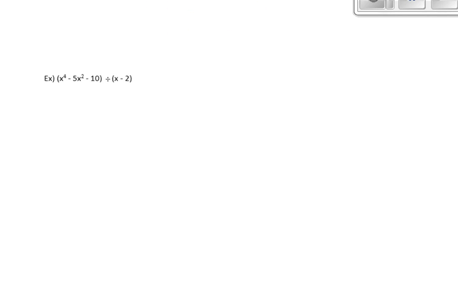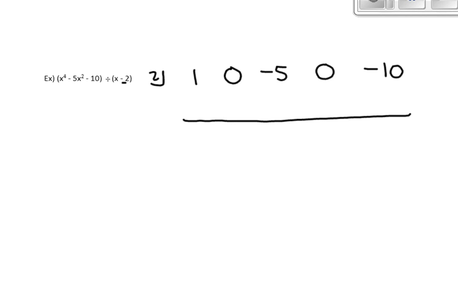Now remember, anytime I'm missing a term, I can always put 0 as a placeholder. Okay, so because it is negative 2, I'm going to put positive 2 in the box. So 1 for x to the 4th, 0 for x cubed, negative 5 for the negative 5x squared, 0 for 0x, and negative 10. Put your segment. Okay, so now bring the 1 down. Okay, so we are going to multiply